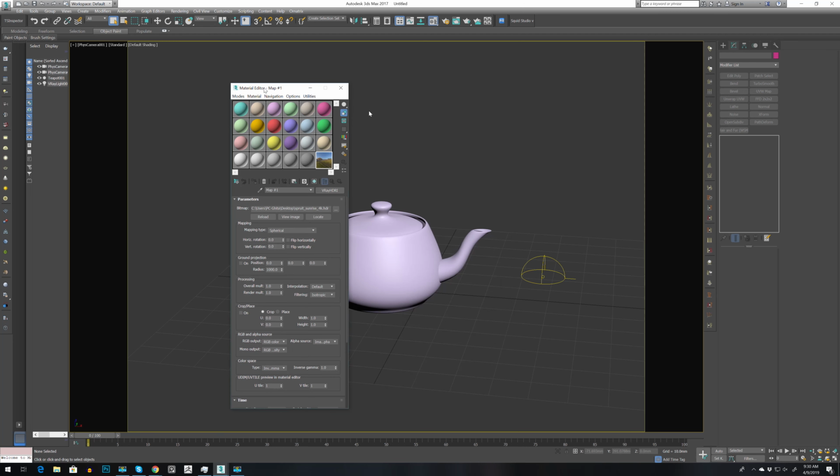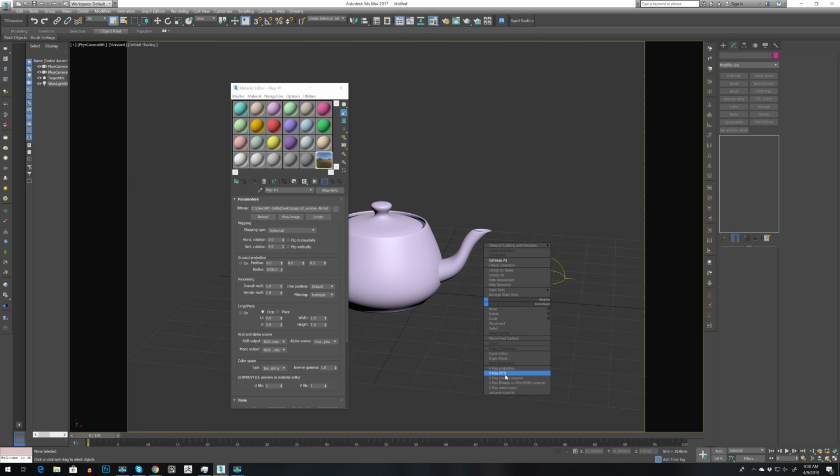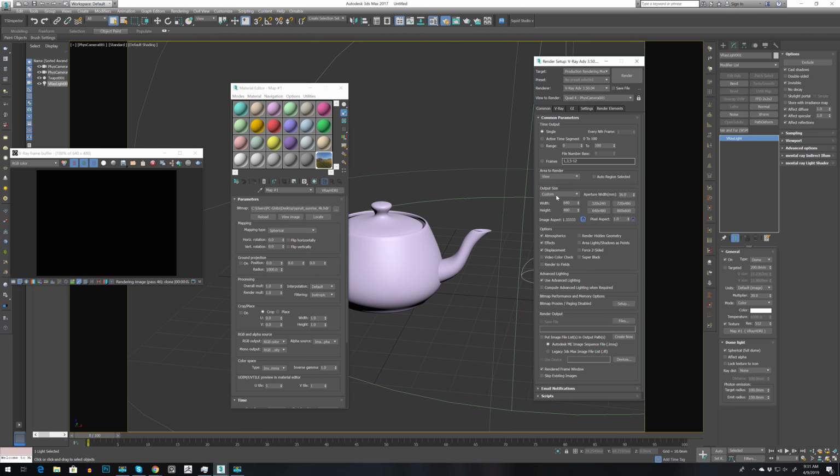spherical. I'm going to select this dome and just drag this one to texture, and now let's press instance. So everything we're going to change here will apply directly. So right click, VRay frame buffer. I want to go back to render setup because I want to increase the size. So let's go for 2K,